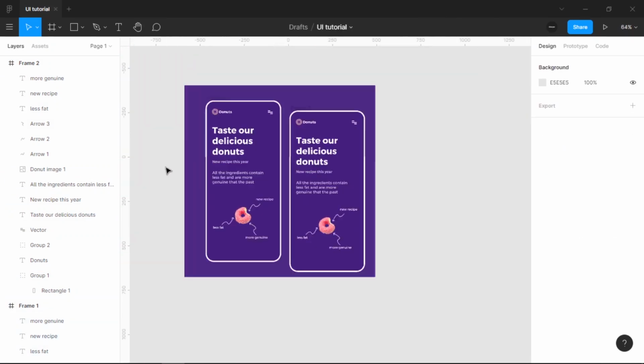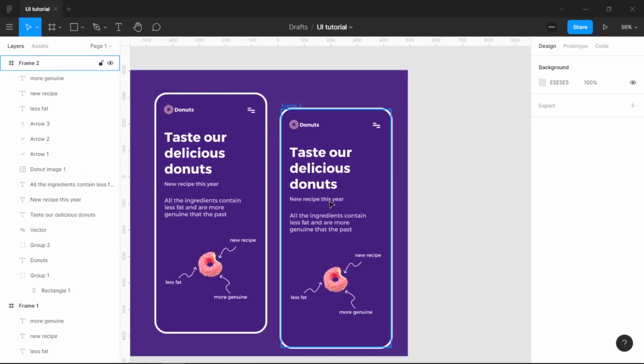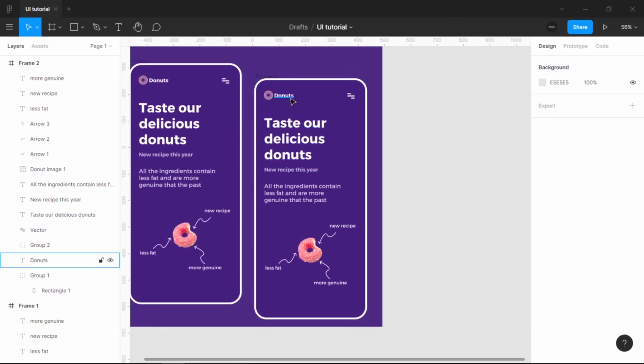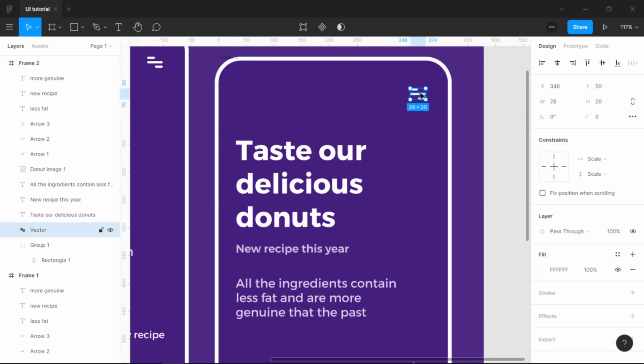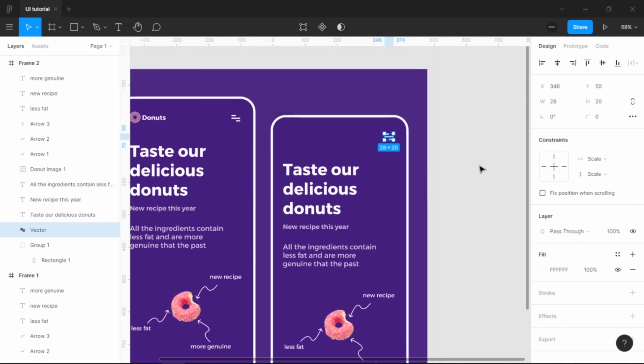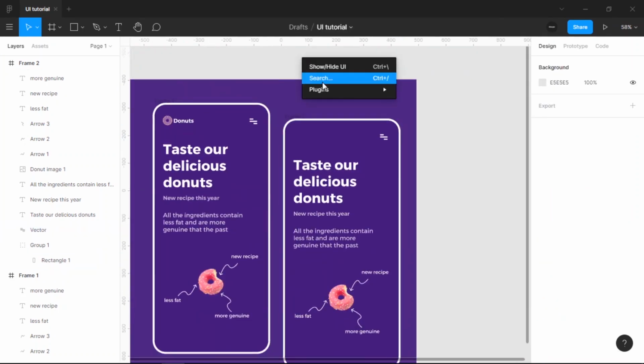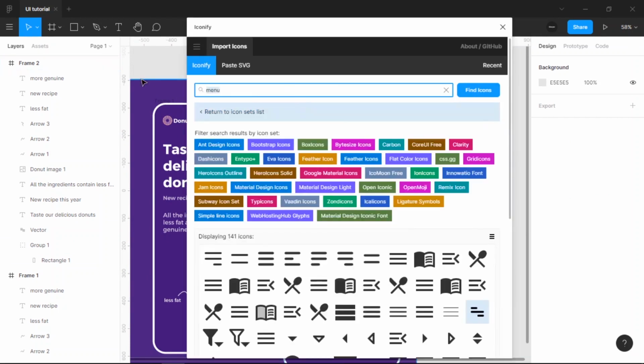Now we just start making a description, so we delete the logo, we keep the menu here, and we add a new arrow from the back, so we just type arrow,